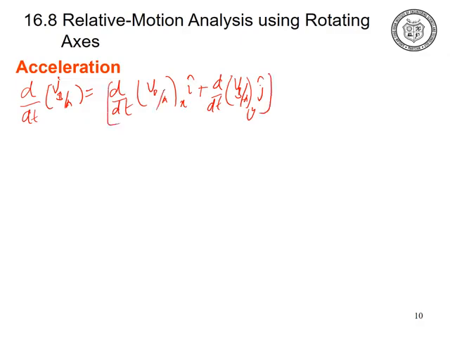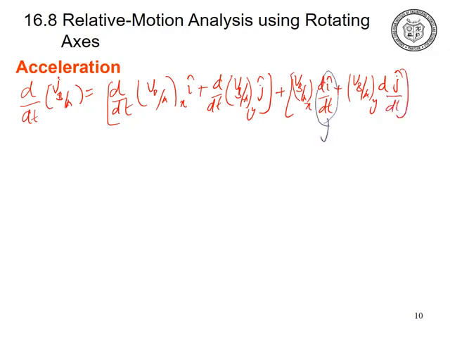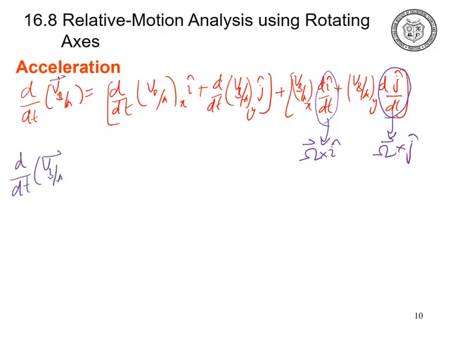The first term plus the second term was vb with respect to A x di by dt plus vb with respect to A y dj by dt. The di by dt that we derived in the derivation of the velocity was equal to omega cross i, and similarly dj by dt was omega cross j. So by substituting the values, the above equation becomes d by dt of vb with respect to A equal to,